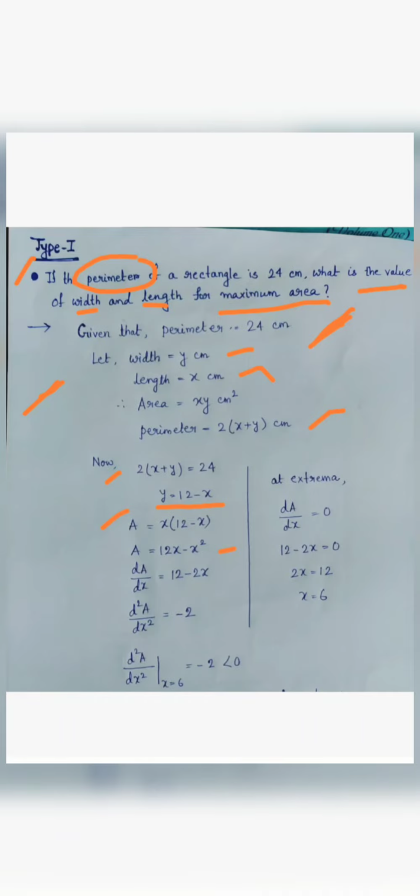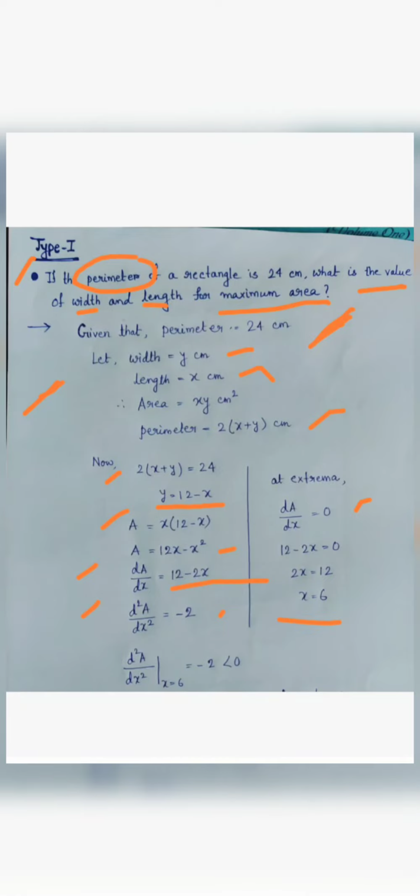You have to find the first order derivative and the second order derivative respectively. So the first order derivative, dA by dx, is 12 minus 2x. And then the second order derivative, d square A divided by dx square, is minus 2. Our second step is that at extrema, as maxima and minima are collectively known, the first order derivative equals 0, that is dA by dx equals 0. Then 12 minus 2x equals 0. Then we find the value of x, that is 6.